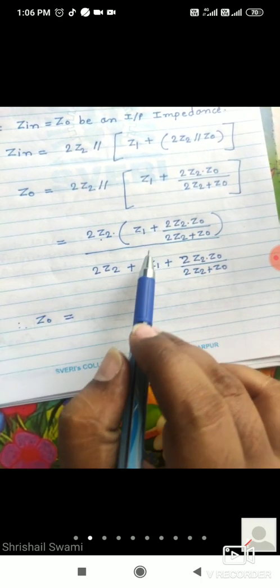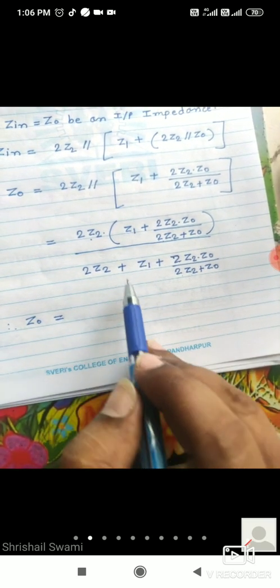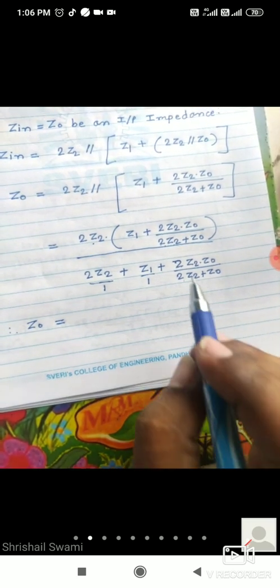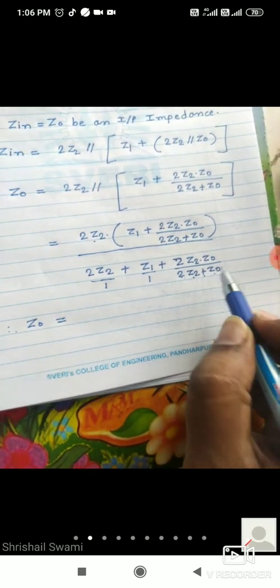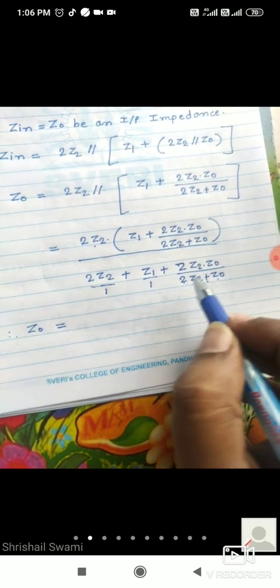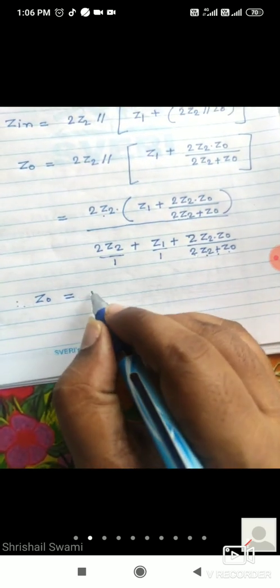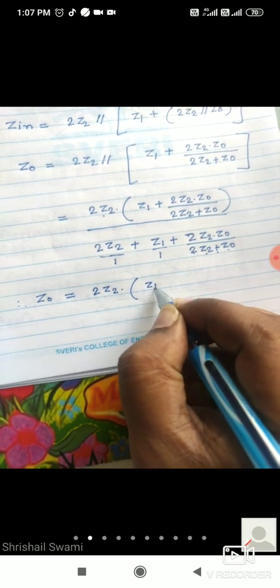हा ब्रॅकेट सॉल्व्ह करू शकता, कारण डिवायडेड बाय बघा 2z2 प्लस z0 आहे, इथं पण 2z2 प्लस z0. जर तुम्ही एलसीएम घेतलं, इथं काय नसतं म्हणजे 1 असतो, इथं काय नसतं म्हणजे 1 असतो. सो टेक ॲज अ एलसीएम 2z2 प्लस z0, जर तुम्ही घेतलात तर हा ब्रॅकेट तुम्हाला कॅन्सल करता येऊ शकतो. सो वी कॅन सॉल्व दिस 2z2 ॲज इट इज इन ब्रॅकेट z1